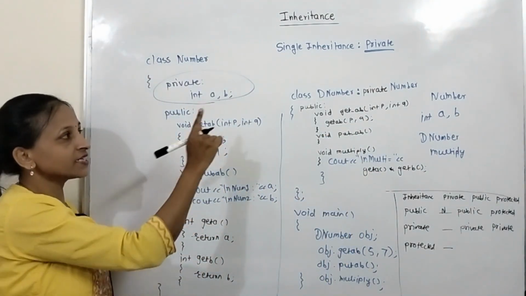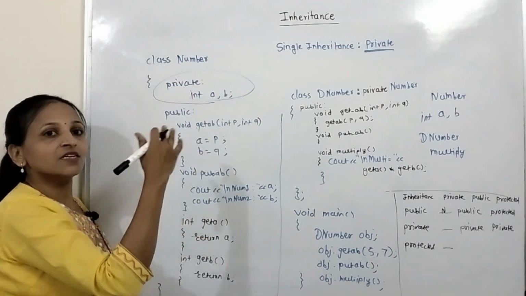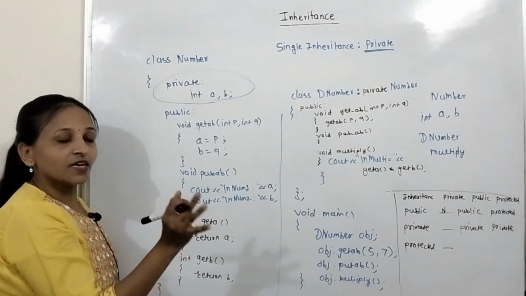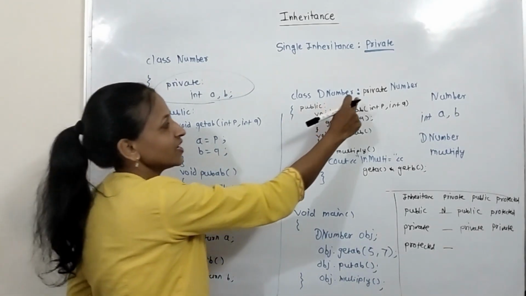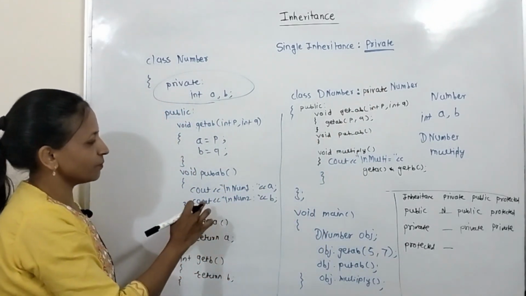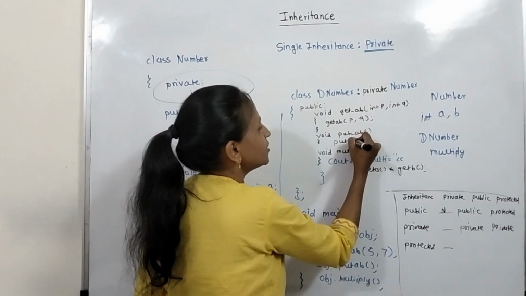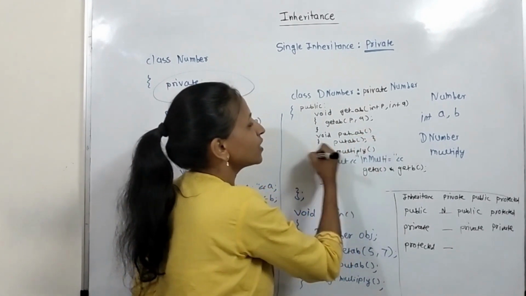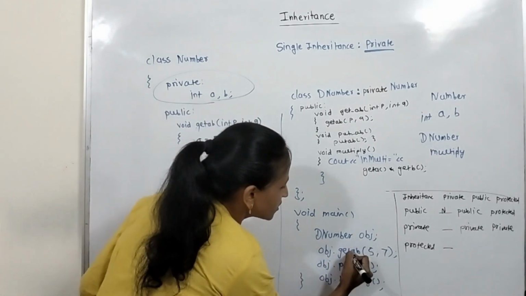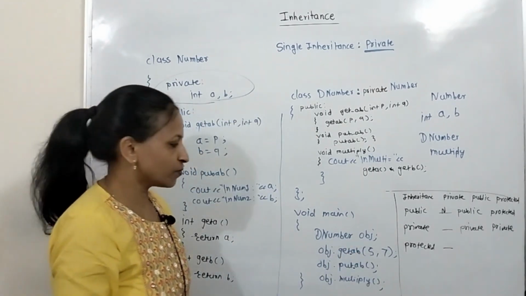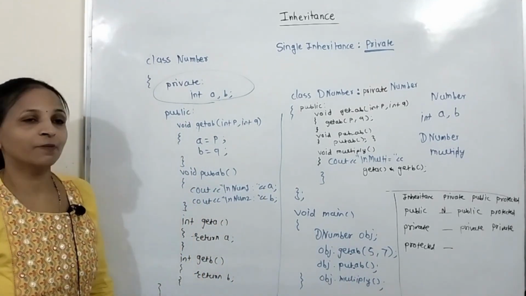If the base class and derived class have the same name, then there is one more concept, that is function overriding, that I am not explaining here. I am just explaining private inheritance currently. Give some different name here, put underscore ab, and here we will call that putAb. Means through public member functions you can access private data of that class. Now here we have to make one change, get underscore ab, put underscore ab. Now this program will work fine, no problem will be there.